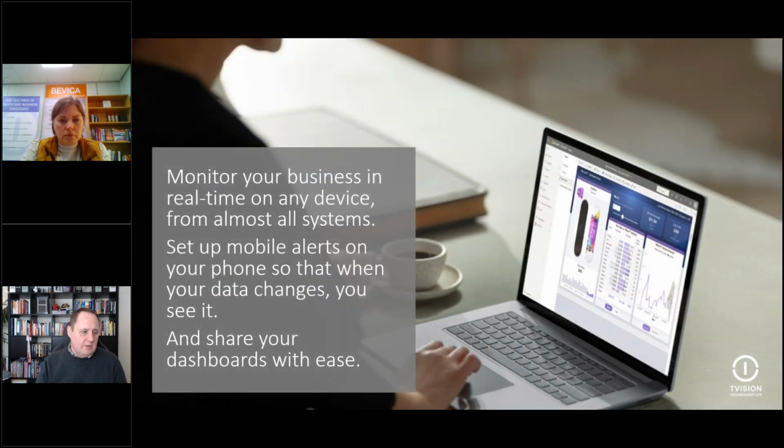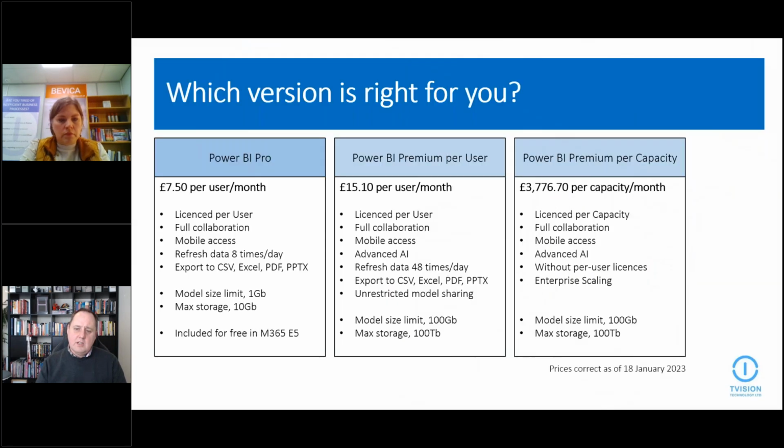Okay, so what we just looked at, and I haven't shown actually, is the mobile, but again, we can go through that if you want one-to-one. And we've shown how we can do dashboards. So pricing. It's important to say these are accurate as of now, but from April, there's an expectation that Microsoft will increase their prices by 9%. So just be aware of that.